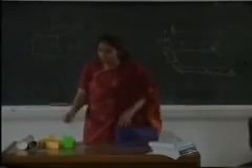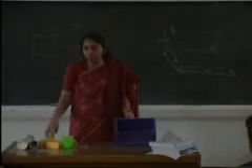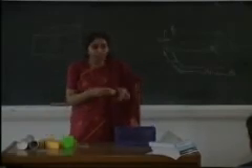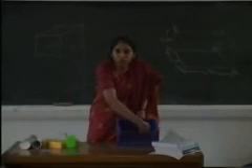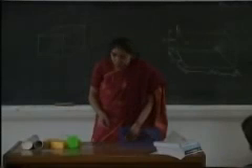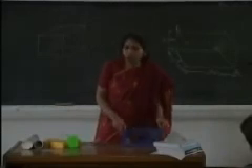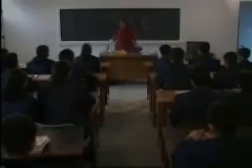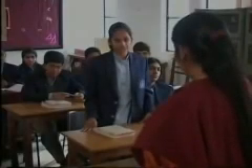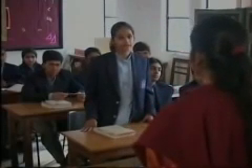Let us try to find the volume of this cuboid using this unit cube. How do we do this? I take this unit cube, the length PQ of this unit cube, and place it along the length OC of this cuboid. PS, the breadth, I place along OA of this cuboid, and PV along the height OE, like this. Now how many such cubes do you think will be required to cover the entire length OC?